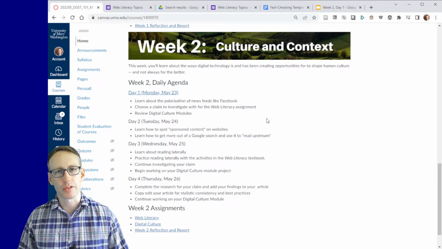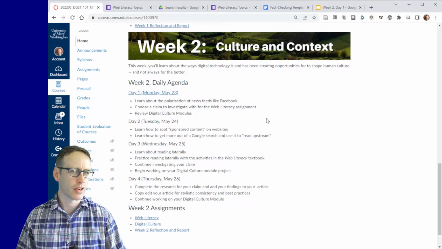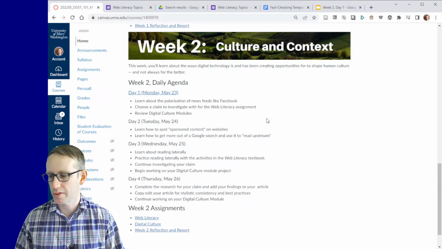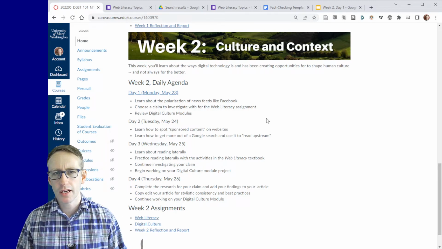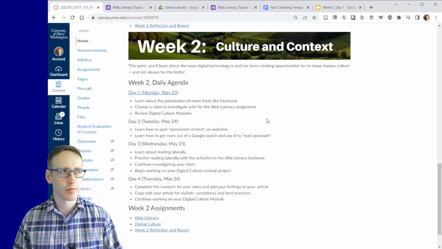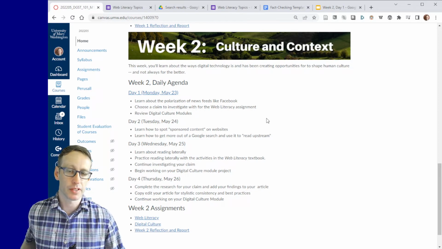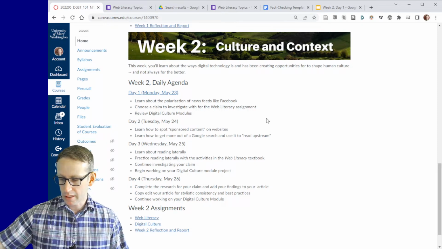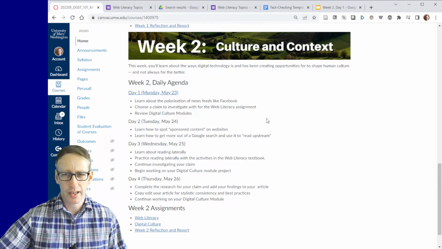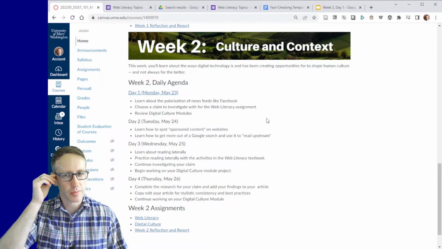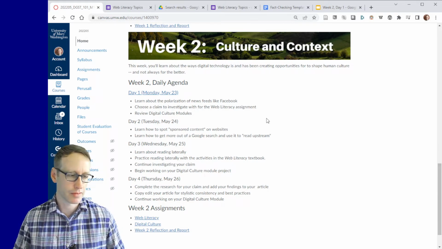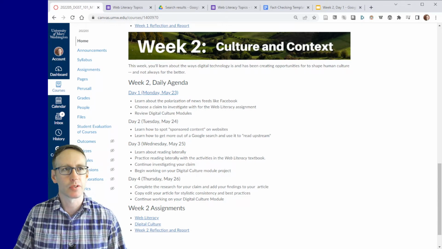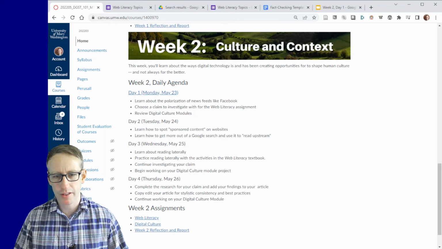The big thing is digital culture. So you remember digital creativity, digital culture, digital methodology. Those are the big 3 pillars of Digital Studies 101 as I see it. And this week we're looking at culture. By that I want to focus on information culture, or the informational landscape of the web, which is something that we deal with constantly if you're on social media, or even if you're not, you deal with the consequences of it. And I think it's important to understand how these platforms have been designed in ways that probably have led to some of the problems that we are facing as a culture because of different sources of information. So that's the quick thumbnail of what we're doing this week.